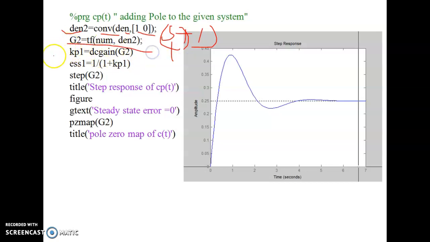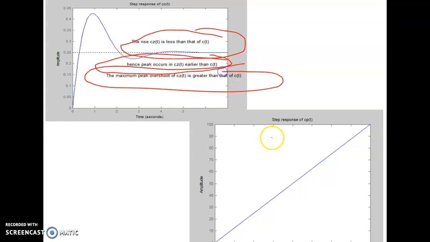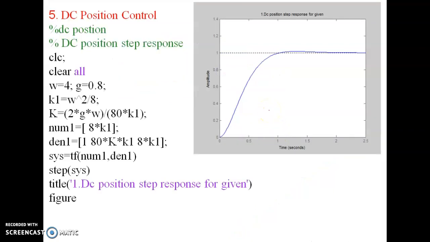Then the second transfer function for the previous equation. Then you have to obtain the proportional gain constant and the steady state error. So obtain the step response. This is the step response curve. This line indicates what happens if you are adding poles or zeros to any system. If you are varying this, the horizontal lines from this point to this point, those conditions will appear like this. This is the condition which is observed, and that is the string command used in MATLAB. So then we will get the step response.